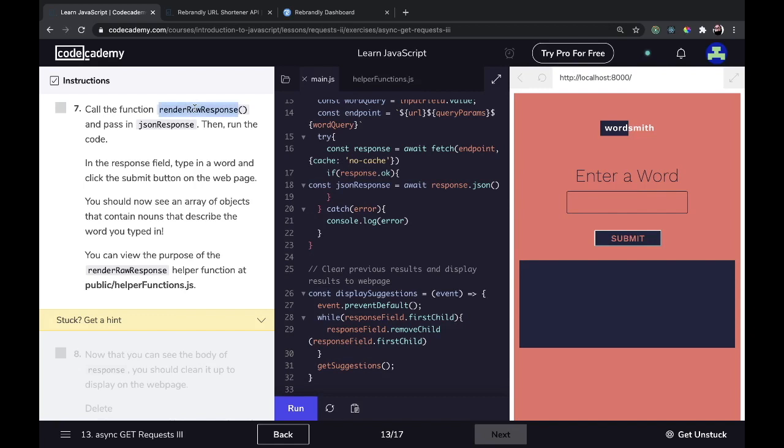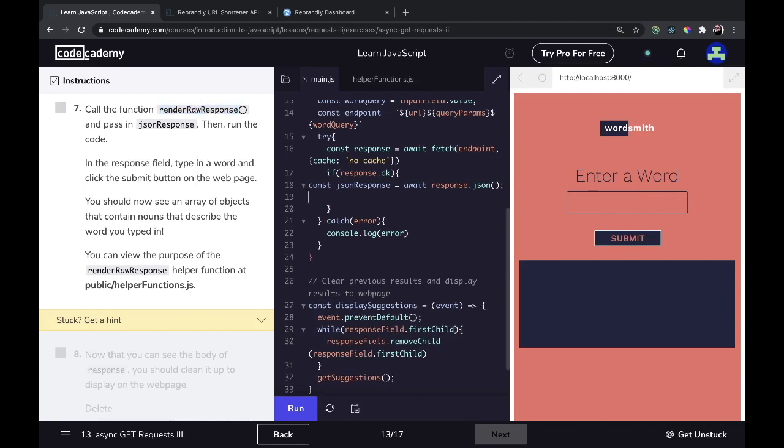Okay, render raw response. That will be right under here. And we'll pass in JSON response. And we'll run the code. In the response field, type in a word and click the submit button on the web page. You should now see an array of objects that contain nouns that describe the word you typed in. You can view the purpose of the render raw response helper function at